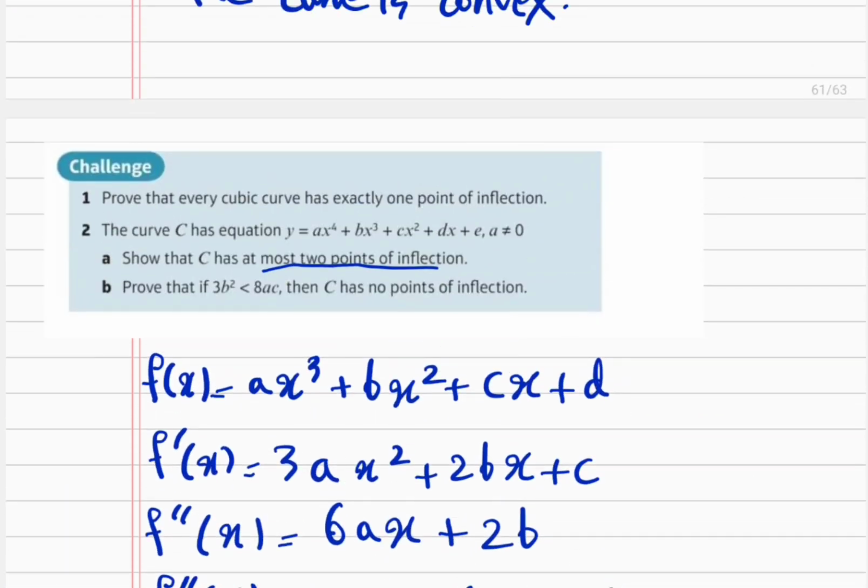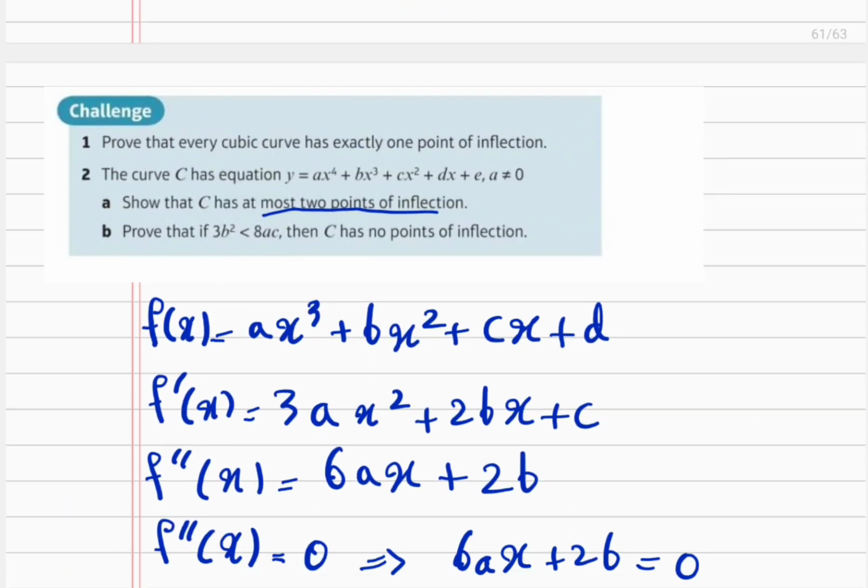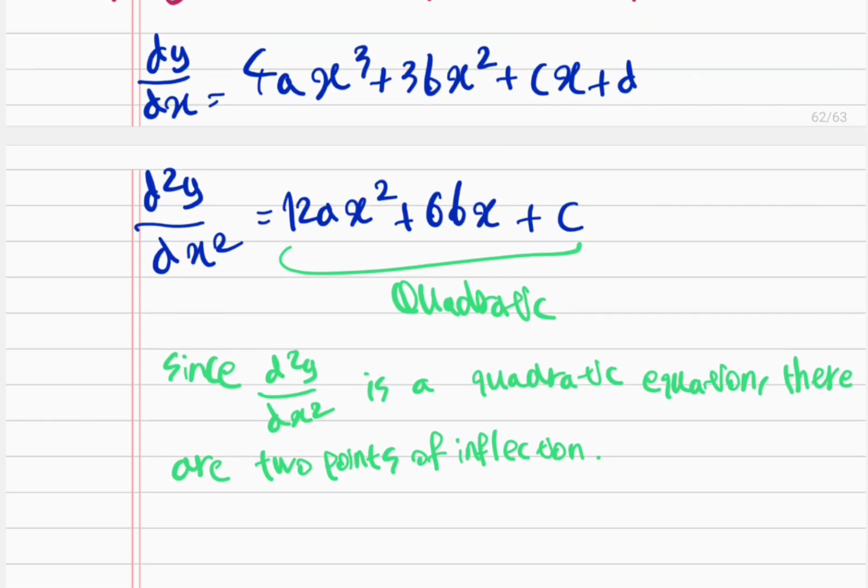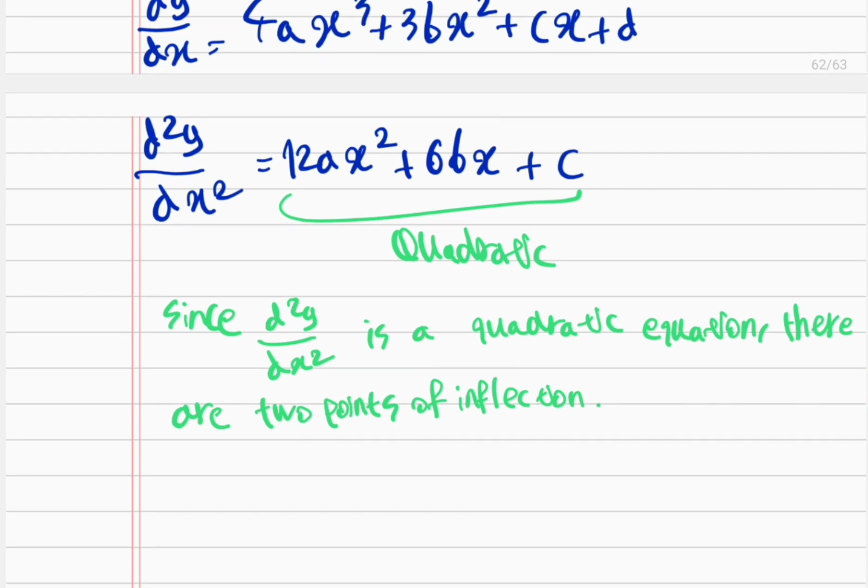Okay, now for the next part, we want to show that if 3b squared is less than 8ac, then C has no points of inflection. So this part is also somewhat similar to the previous part, in the sense that, again, it's not about the typical point of inflection questions where we solve the equation and find the solutions. It's about the property of quadratic equations, because we want to discuss a condition under which there is no point of inflection. And basically all you need to remember here is that in a quadratic, the case that there is no